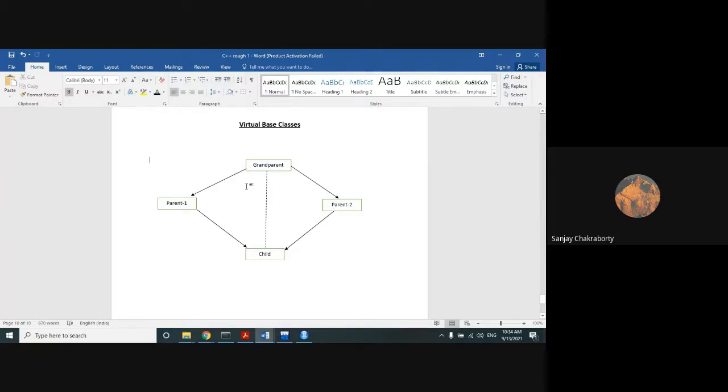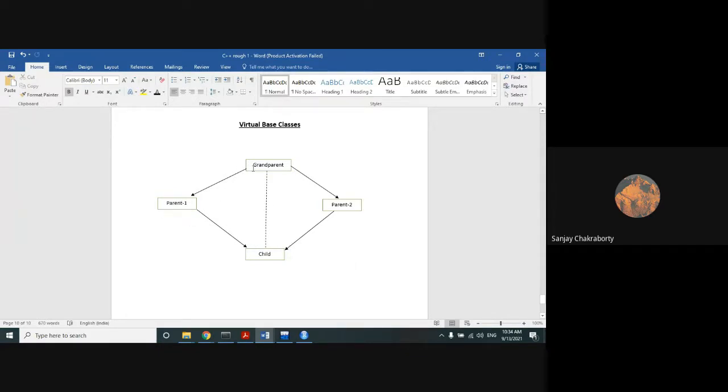In this figure, we have implemented single inheritance and multi-level inheritance. Let's talk about the figure in such a way that grandparent is the top base class, an indirect base class of the child. Why indirect? Because the dotted line means we can create that link between the grandparent and child directly, but we didn't create it here. We may create it. And the direct lines